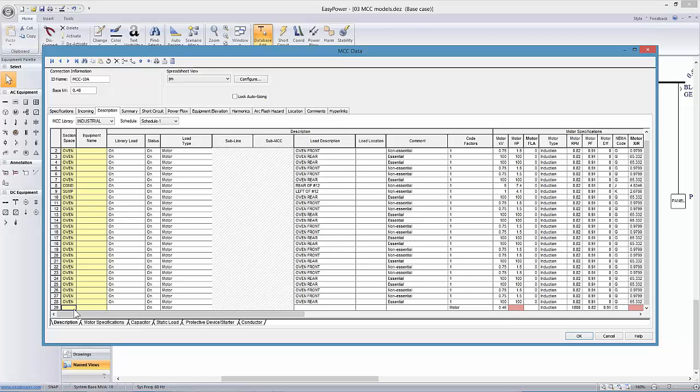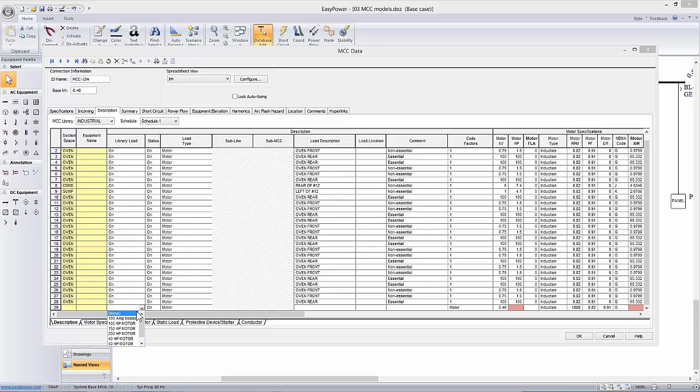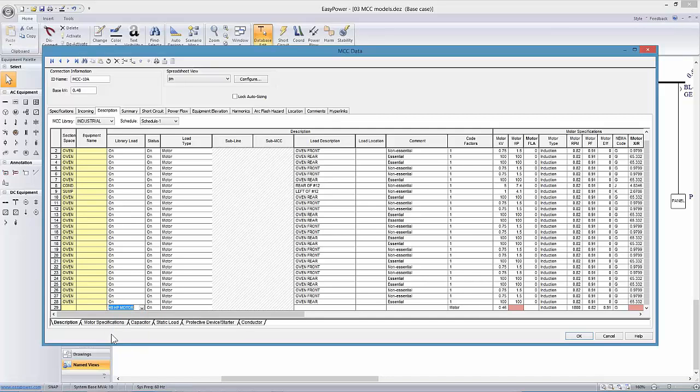All right, to add a load from the library, I've set up several different sizes of loads and pre-configured basically every element that needs to be entered. So let's say I'm going to enter a 40 horsepower motor. I would designate that as a sump pump. Here it's set up as a motor,